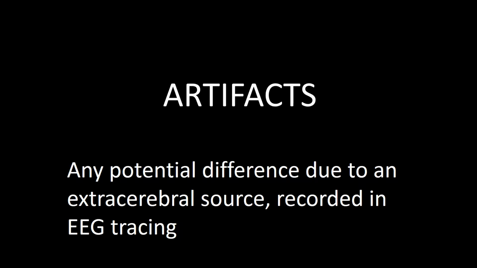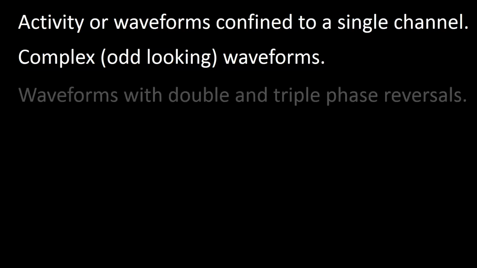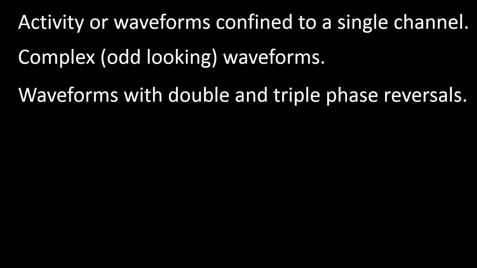Artifacts can be defined as any potential difference due to an extracerebral source recorded in an EEG. There are certain clues that help us detect a possible artifact. They are activity or waveforms confined to a single channel, complex, odd-looking waveforms, waveforms with double or triple phase reversals,